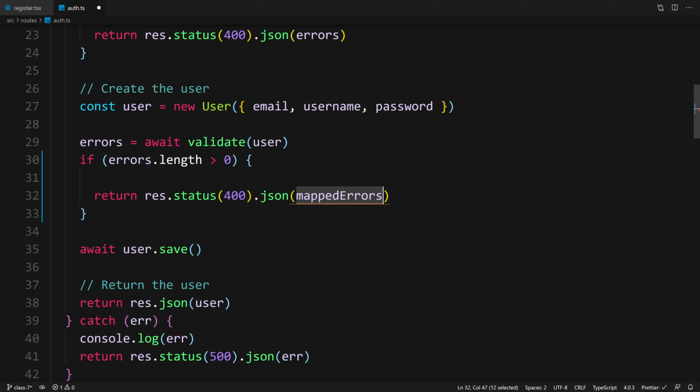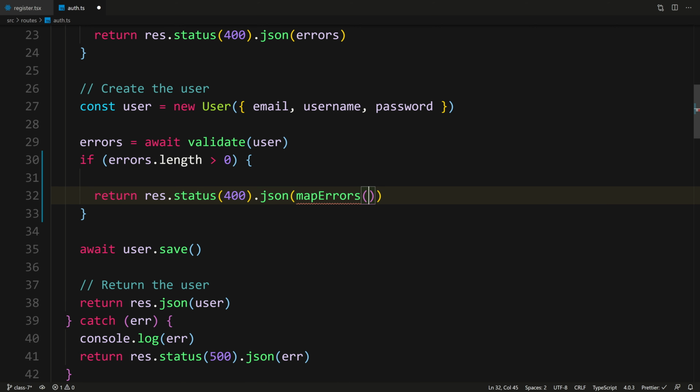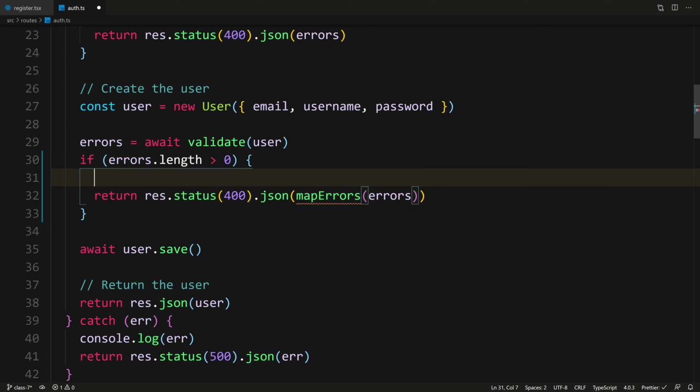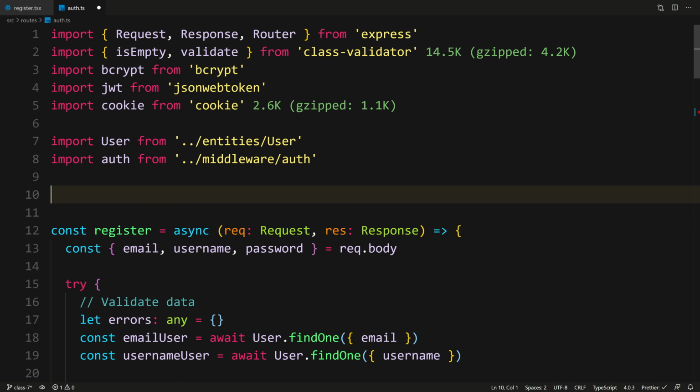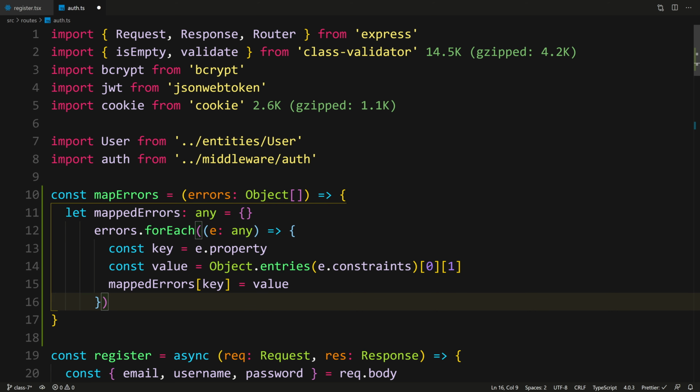And actually, I'm going to make it into a function called map errors. So it will say map errors, and then pass it the errors, and then create that function up here. So we'll say const, I'm going to create it here. If I need it somewhere else, I'm going to create it in its own file. So for now, I'm going to leave it here. So I'll say const map errors equals, it's going to take errors of type, actually it's going to be an array of objects. We know that. So we can just say object error, and then here, object array rather,